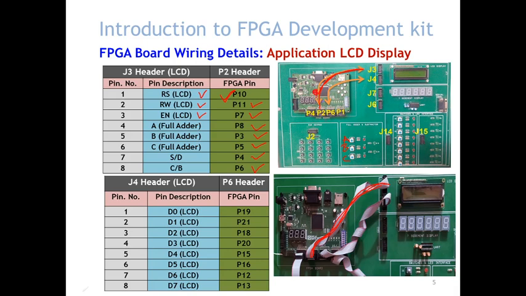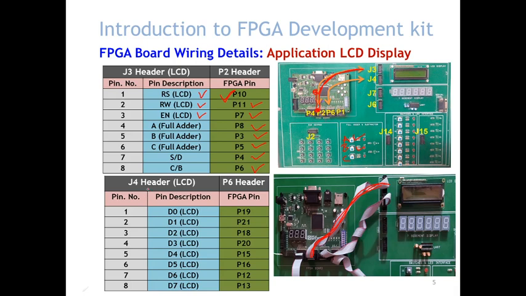Then that FPGA pin is connected to the header pin. It is through the PCB, through one of our tracks, and then these headers we connect to one of the available headers through wires, and that will control our switch operation, on or off. If it is on, it will give logic 1 to that particular signal. If you switch it off, it gives a logic 0, to function according to the functionality of your internal logic, whatever is written in the FPGA.